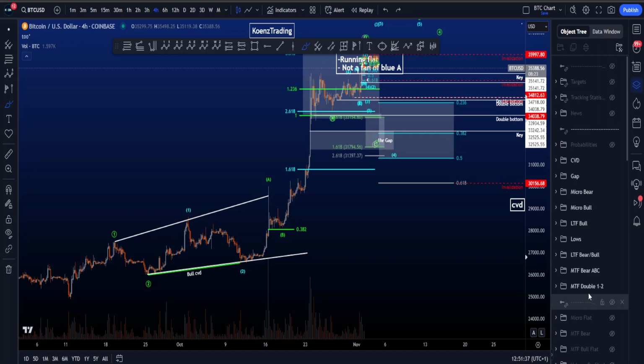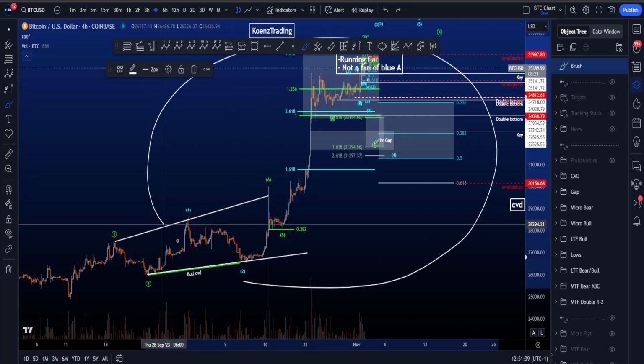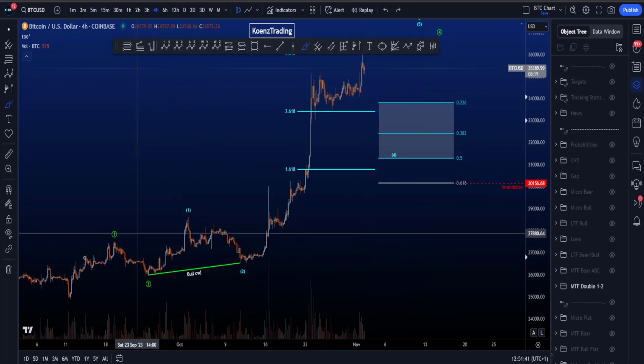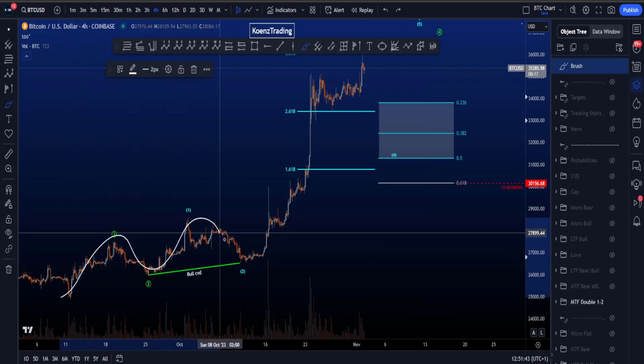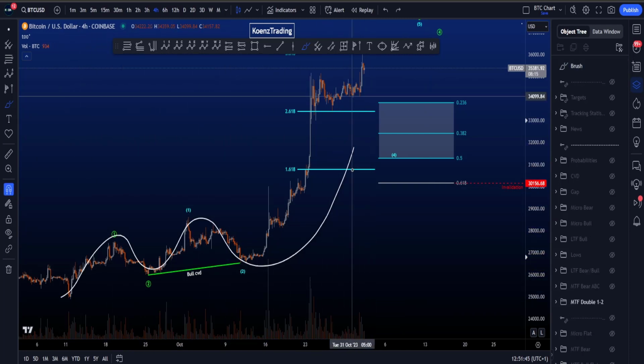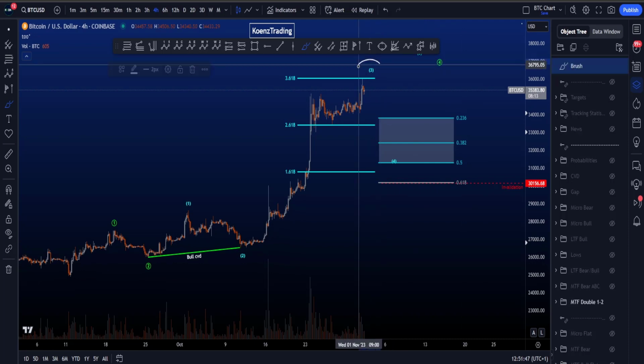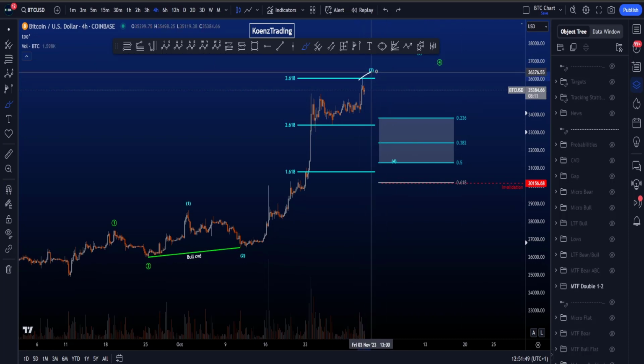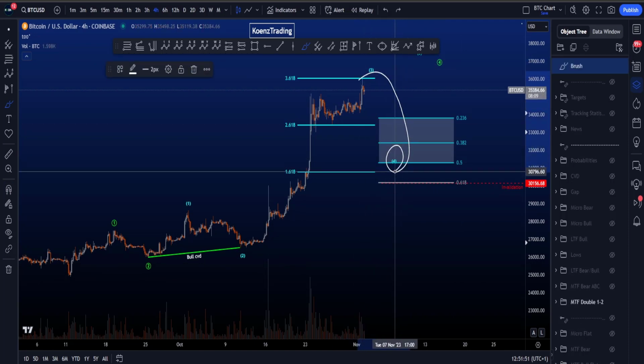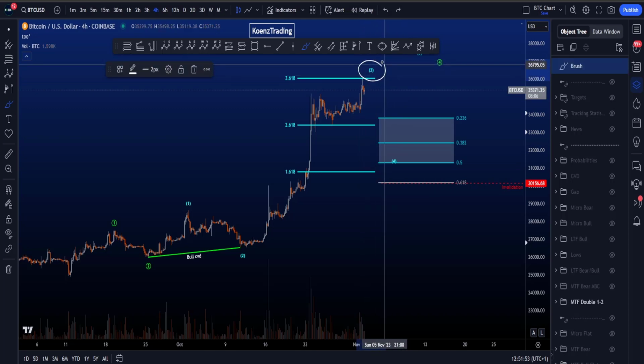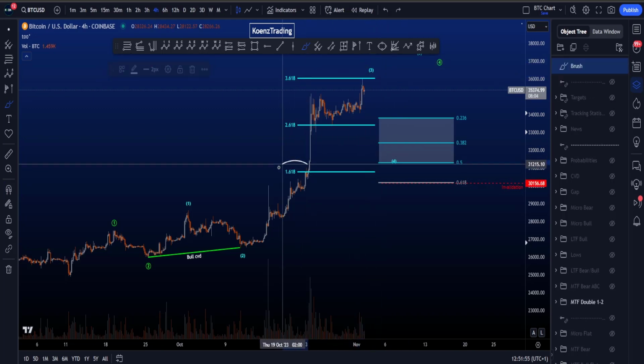Hi everyone, let's go over my bullish and bearish Elliott Wave scenarios on Bitcoin, starting with the medium time frame bullish scenario where we're looking for a double 1-2 for higher prices to come. In this scenario, we're now looking for this wave 3 to finish before we then get a bigger corrective structure in a wave 4. And if we look at the targets of a wave 3, then usually the minimum target